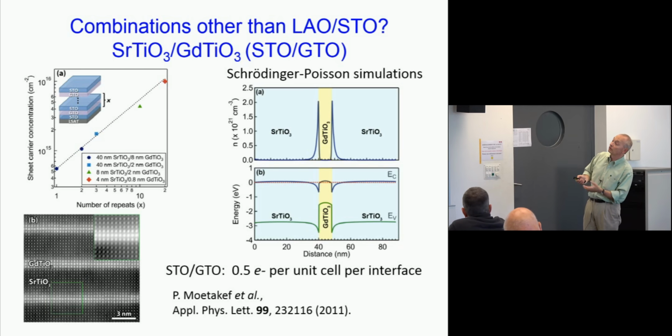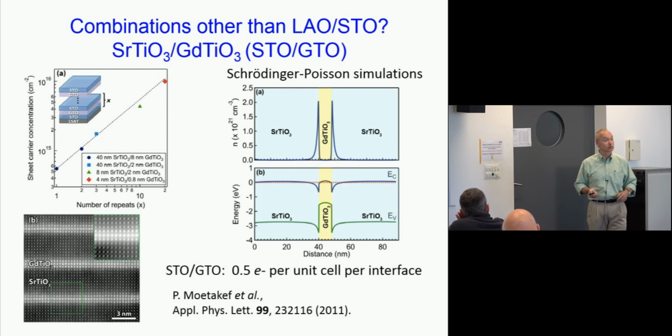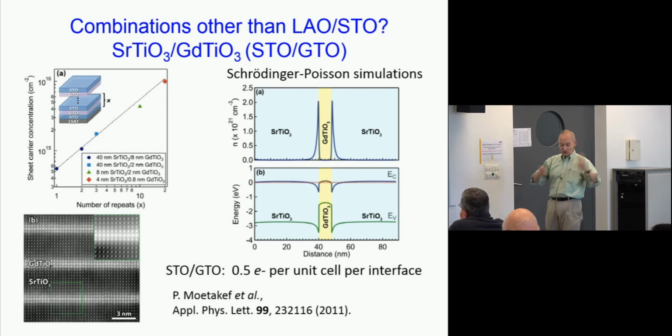And this was beautifully demonstrated in the group of Professor Susanne Stemmer at UCSB, where they grew these very high quality interfaces, and they demonstrated by doing measurements of the sheet carrier concentration that they indeed had this very high density of electrons present. Okay, so the interfaces form a whole area of research in their own right,